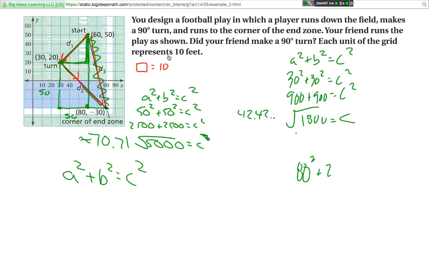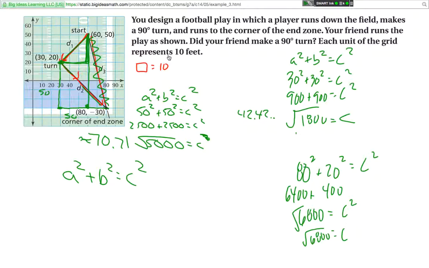So 80 squared plus 20 squared equals c squared. 8 times 8 is 64, so 80 squared is 6,400. 20 times 20 is 400. 6,800 is equal to c squared, so c is equal to the square root of 6,800. So we have all our different lengths, and you can technically plug them in. A is equal to the square root of